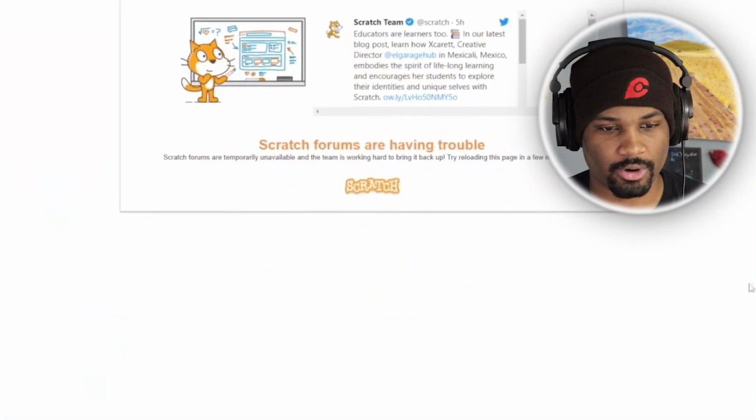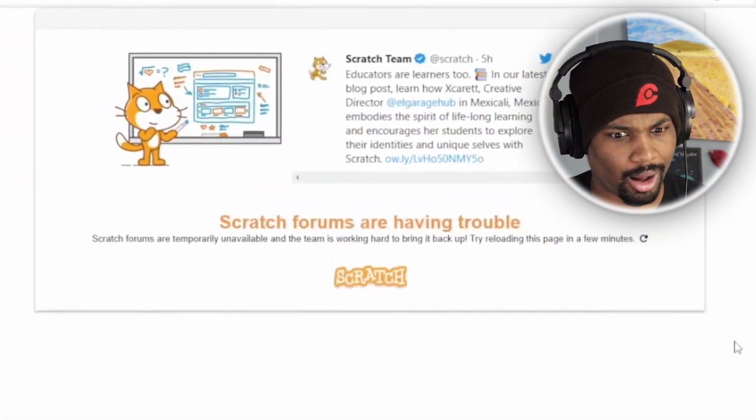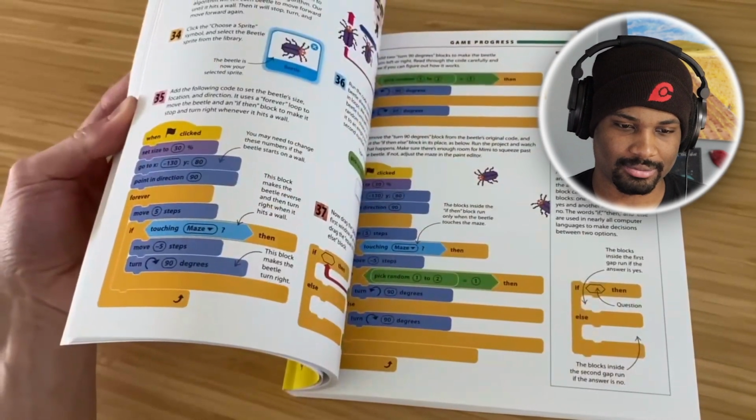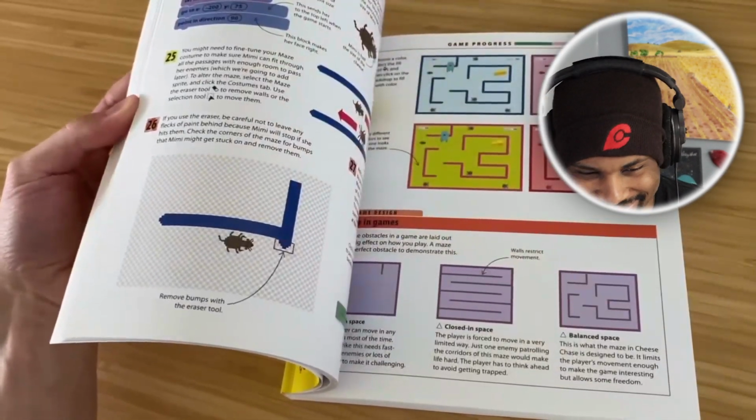Great. This is also when I found out that the Scratch forums was down, which made my hunt for custom text even harder. Really? But this is when I discovered something. It's called a book, and it never goes down. And after